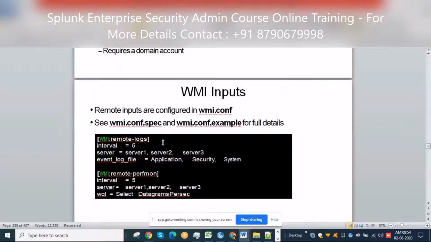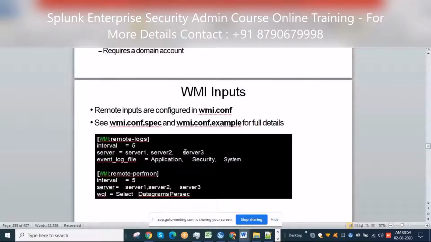Remote inputs are configured with WMI. What is this WMI? I think Windows machine input configuration? I am completely not sure. It is Windows Management Instrumentation.